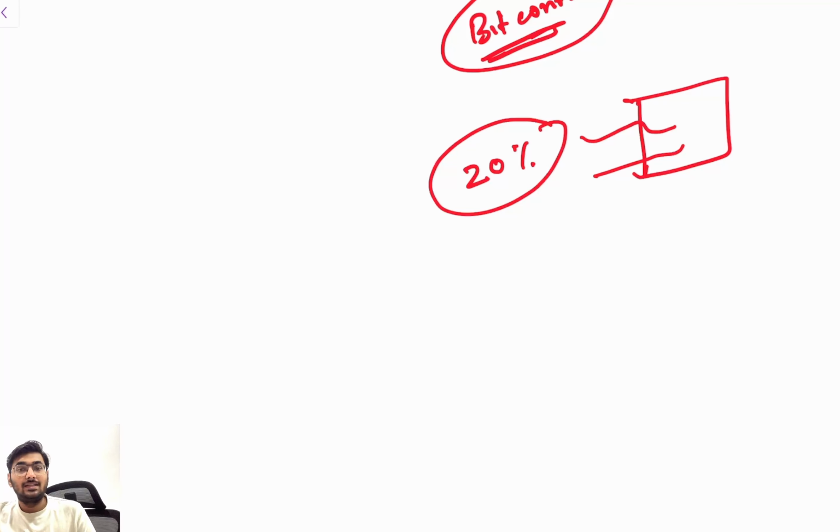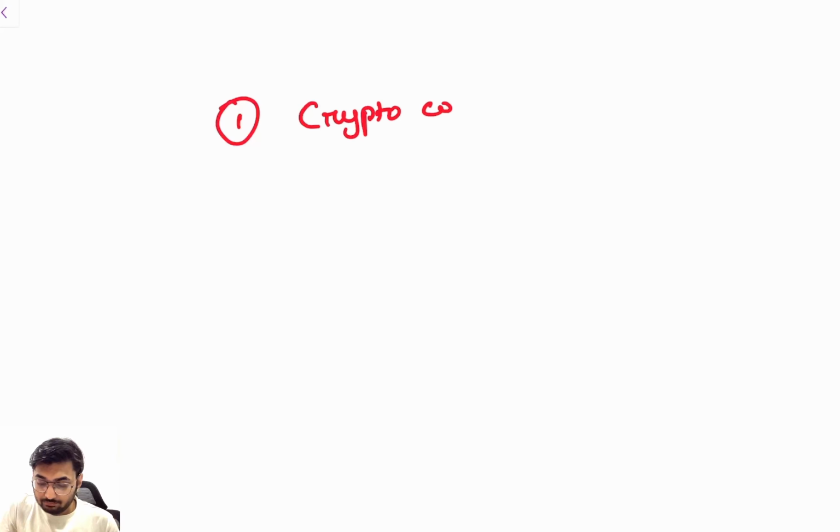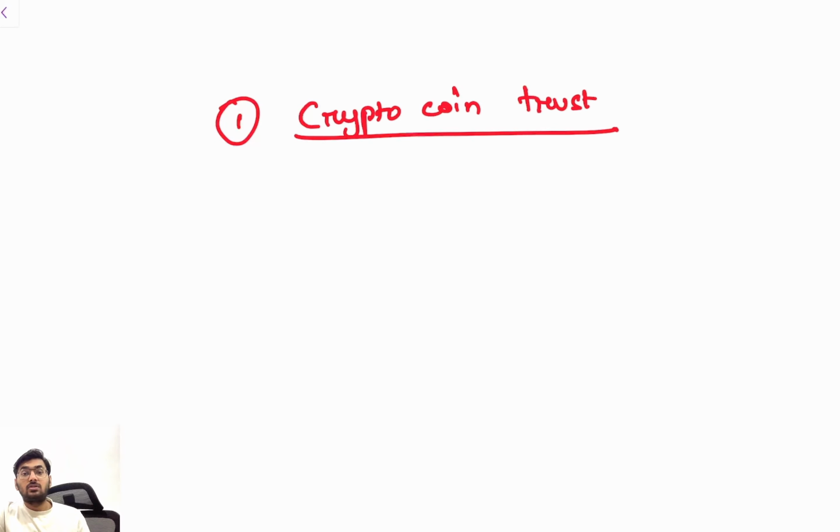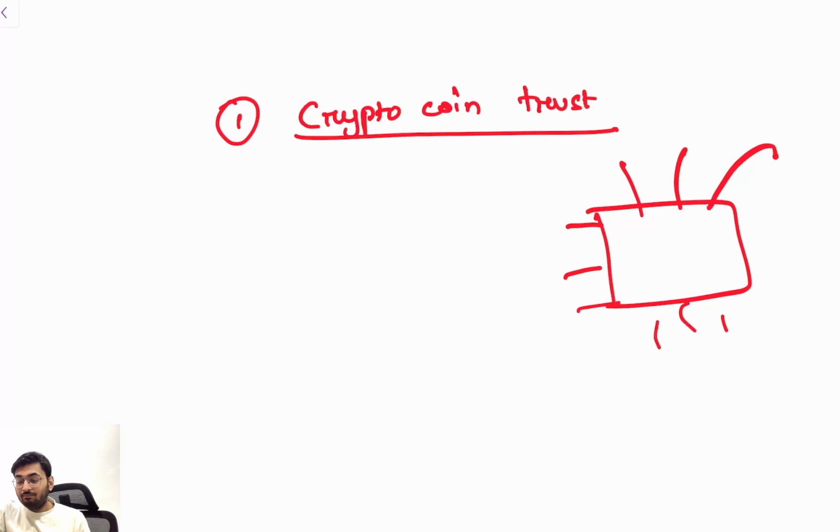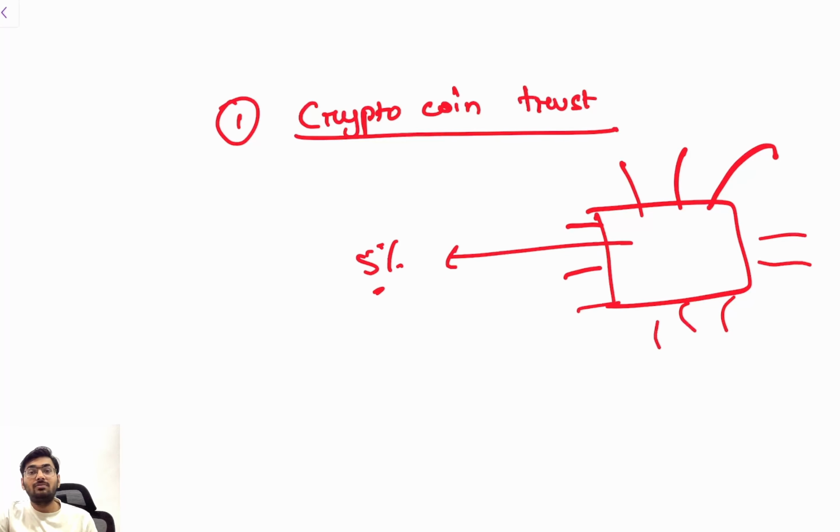Second, very important, I have just discussed the ETF and the mutual funds, but there are some other options. Number one is, write down, crypto coin trust. Basically, you buy shares in a trust, and that holds a large amount of bitcoins and ethereum. They have a huge amount of bitcoins and ethereum in this trust. Now you hold, say, 5% of this trust. You are the owner of this trust, and your ownership is 5%. So indirectly I own the cryptocurrency, clear?